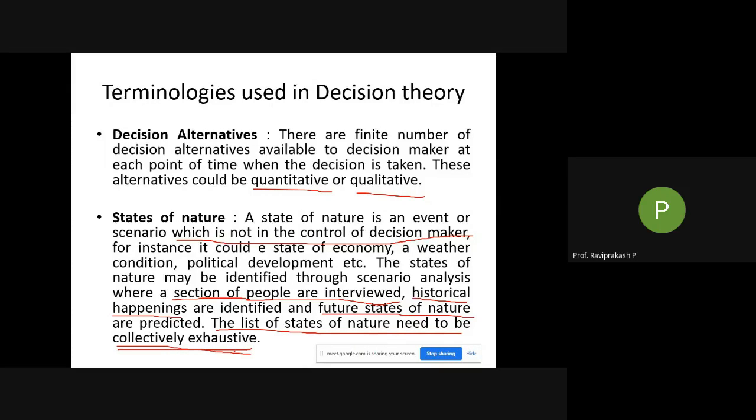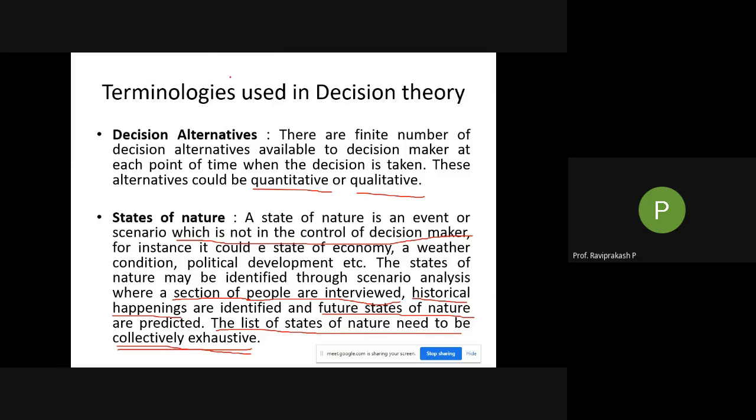So that's why it is called collectively exhaustive. Exhaustive in the sense that it will get over after a certain period of time. If I want to take a particular decision, I'm looking for alternatives. I'll start with 1, then 2, then 3, then 4. It will not go up to infinity. The alternatives should end somewhere, 3, 4, 5, 6, 7, 8, whatever. But it should be exhaustive, it should be collectively exhaustive. That is what this particular term means.